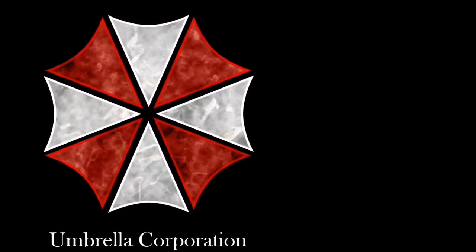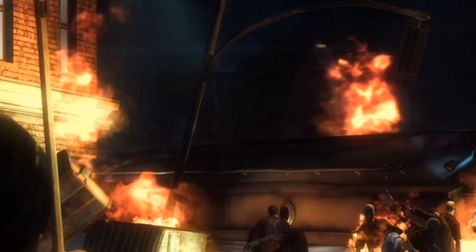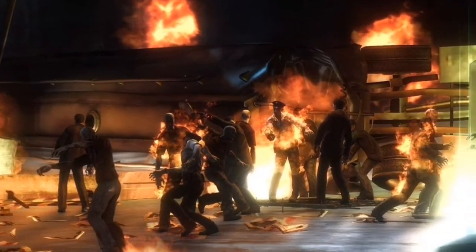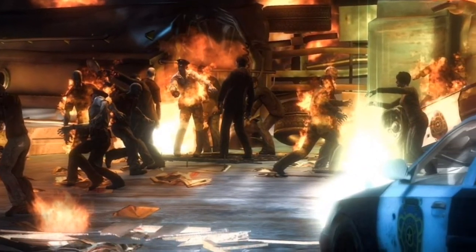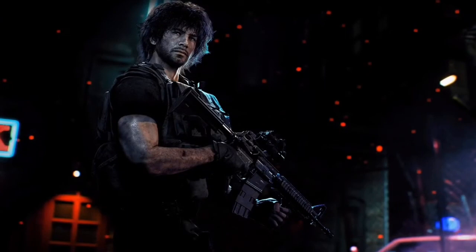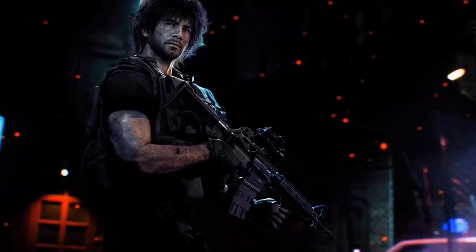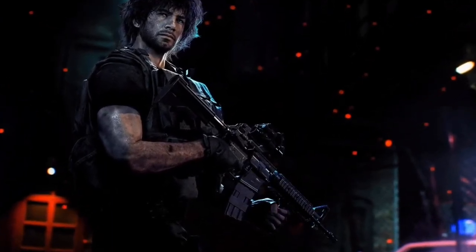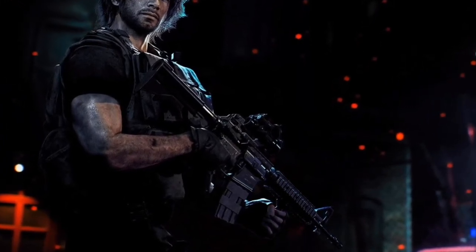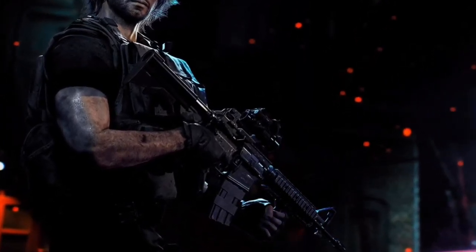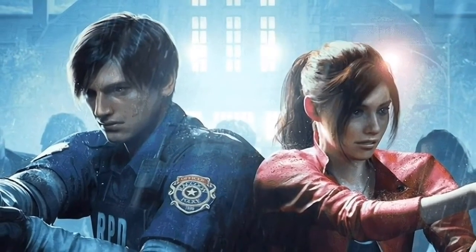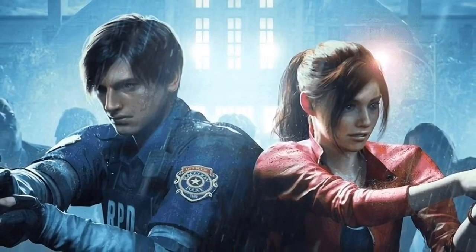A zombie horde attacks the city's police station. The police station is destroyed and Chief Irons descends into mania. Warren escapes the city but leaves his daughter behind. UBCS, or Umbrella Biohazard Countermeasures Service, arrives in the city to begin rescue operations. Rookie police officer Leon S. Kennedy arrives in the city at the same time as Claire Redfield.